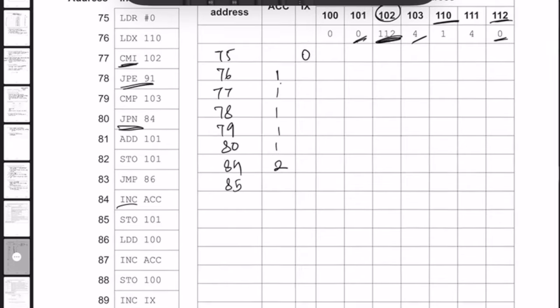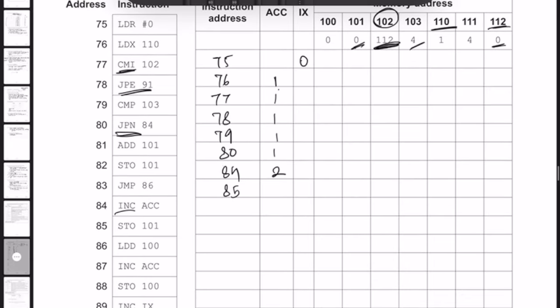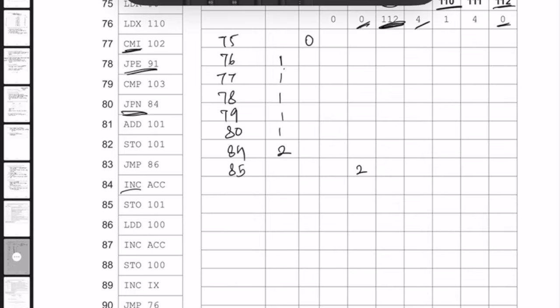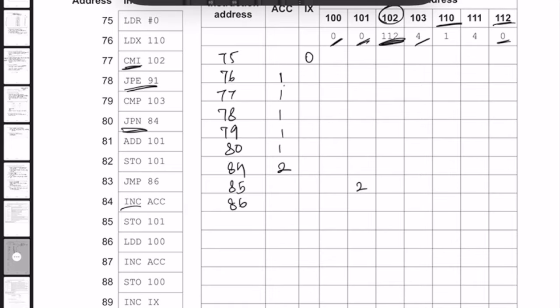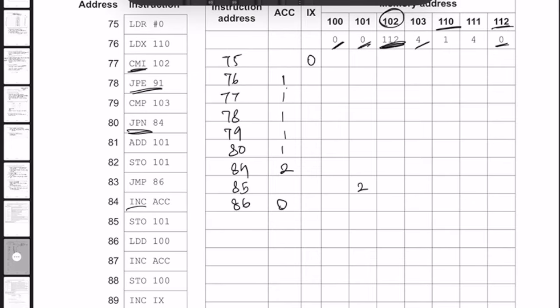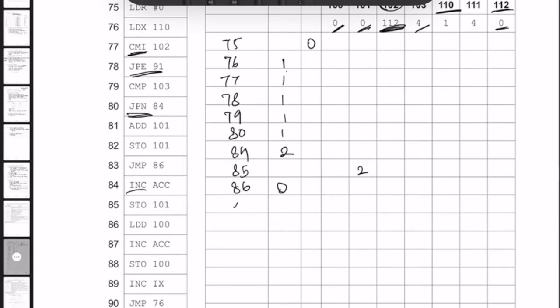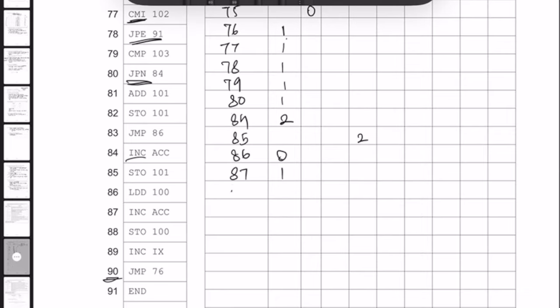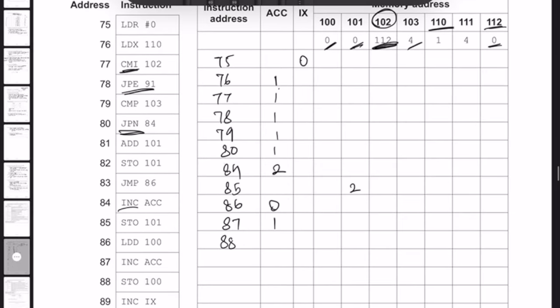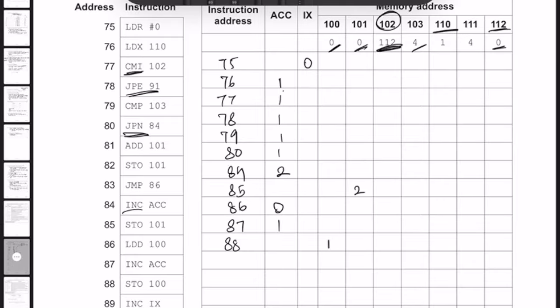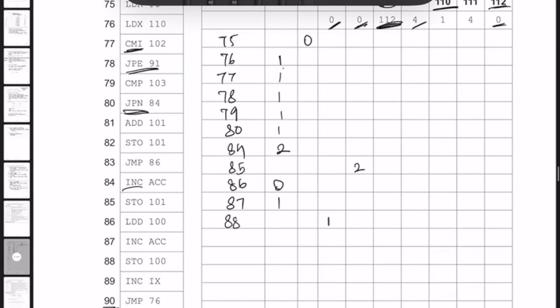85, store 101. So we store 2 in the accumulator. And 86, LDD 100. So LDD is direct addressing, load the contents of the location to accumulator. Okay, so 100, we got 0 here, so we just put 0 in the accumulator here. Increment the accumulator at 87, so this becomes a 1. 88 is store 100, so we store 1 in 100. Okay, then